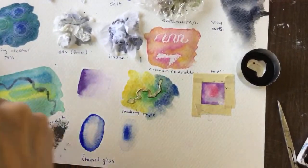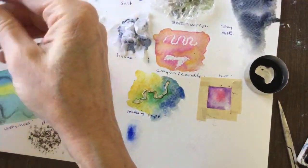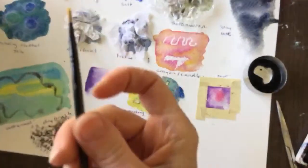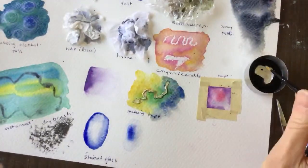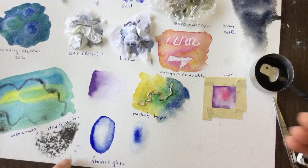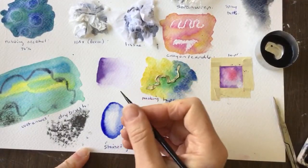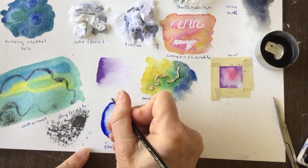Even if it means using one of my finer brushes, I think it's going to be worth it. So I am going to get maybe this one here. And then we're going to get the ink. Okay, we're going to just get the ink here. And then the idea to do the stained glass, I probably should have done more around it, but I'll just